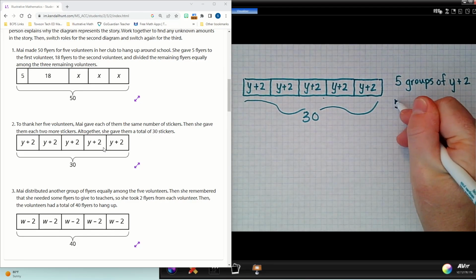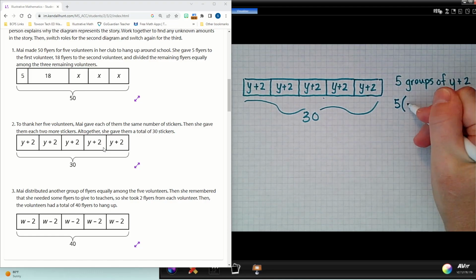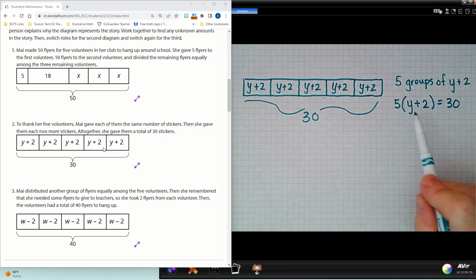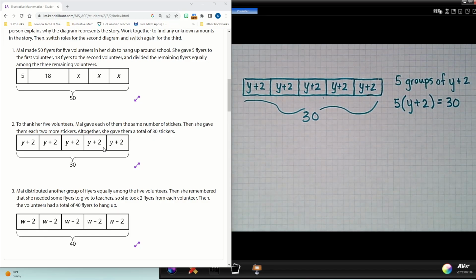So we may have them use the distributive property to write this using parentheses: 5 groups of y plus 2. Now, some students may recognize that we can rewrite this by grouping the y's together and the 2's together. So they may say, oh, well, we can rewrite this to represent